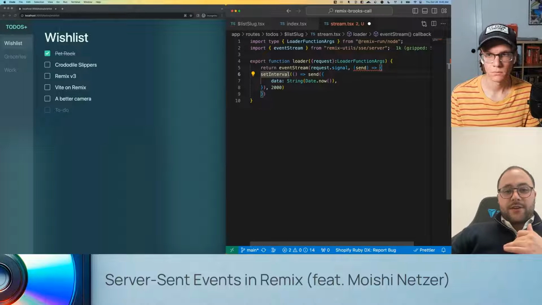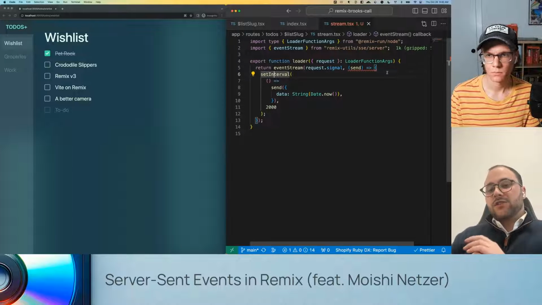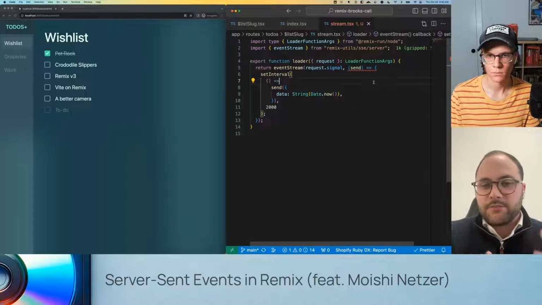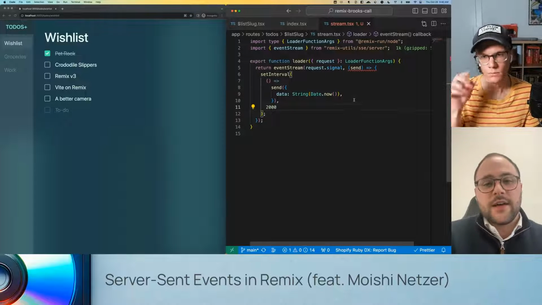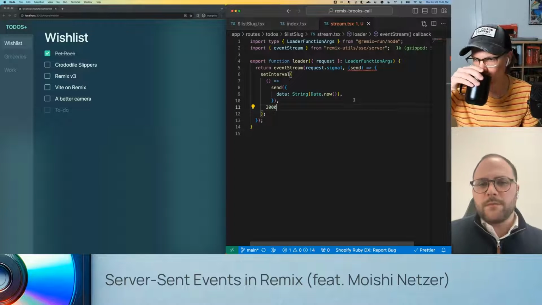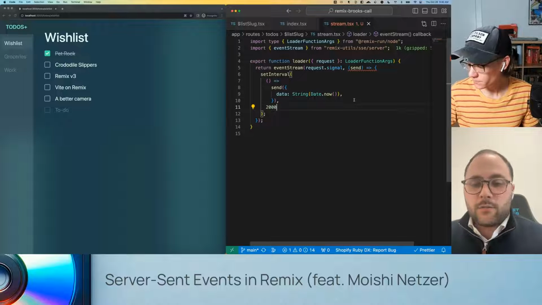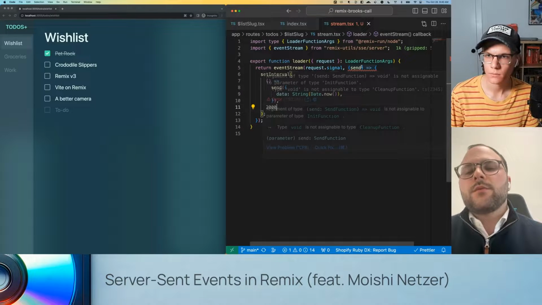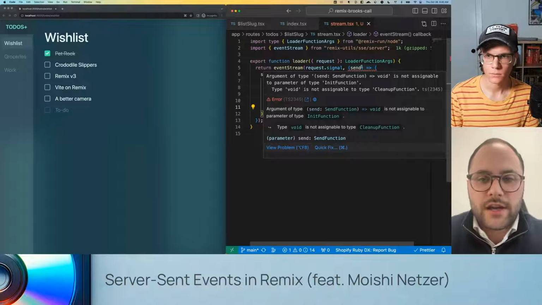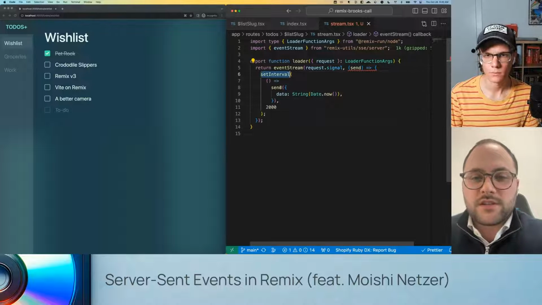I think because everything gets serialized, you've got to make sure that you're sending strings across to the client so that this is the same shape that it takes and this is what it's expecting. And you can send objects and different kinds of data, but for now, let's do a super native implementation. And we're actually still getting a type error. So if you hover over that, it's going to tell us that you need to send back a cleanup function, right? Type void is not assignable to type cleanup function.